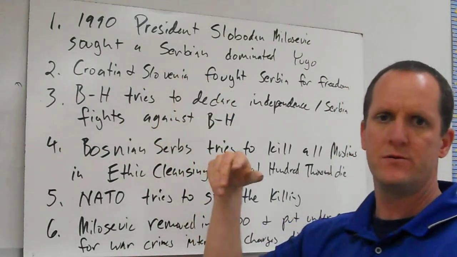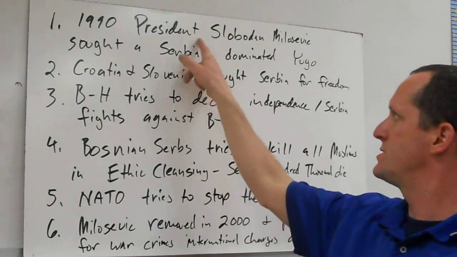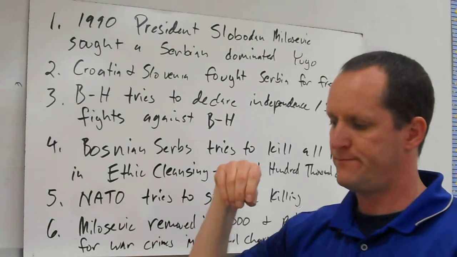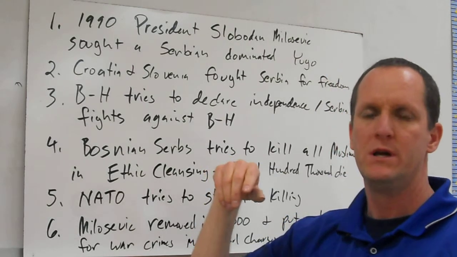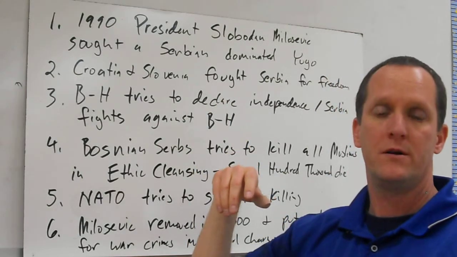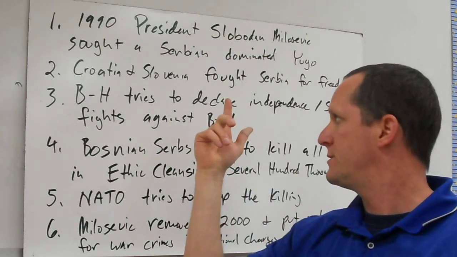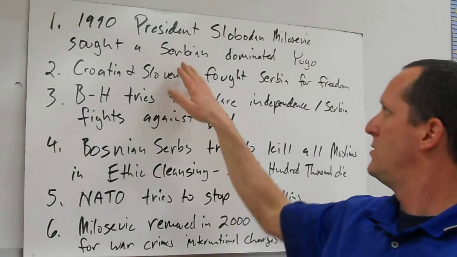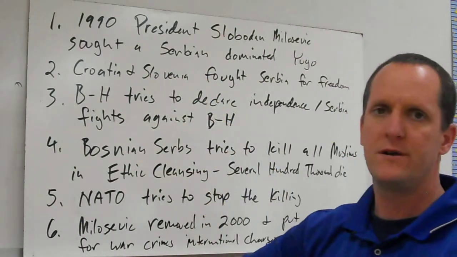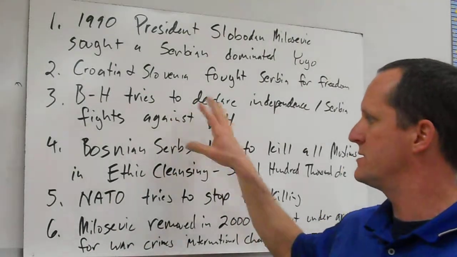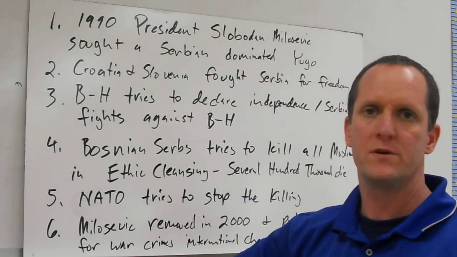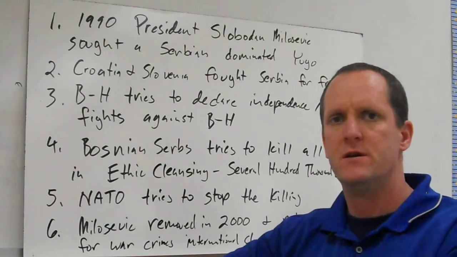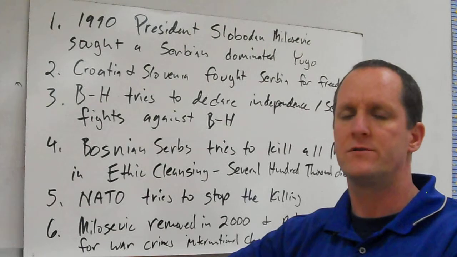And if you remember back to a few units ago, it was Serbia that sent in the assassin Gavrilo Princip to start this century in World War I, to kill Archduke Franz Ferdinand at the beginning of World War I. So once again, Serbia is at the heart of some of these problems in the former Yugoslav nations. And it's much more calm there now, but nevertheless, when several hundreds of thousands of people die,